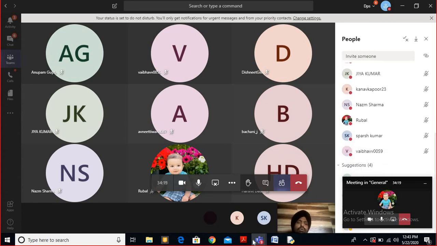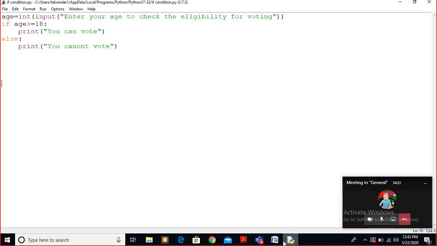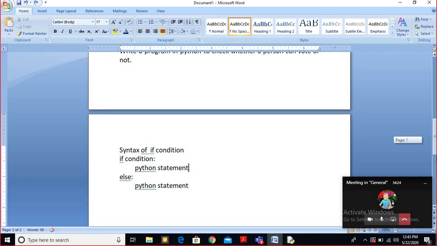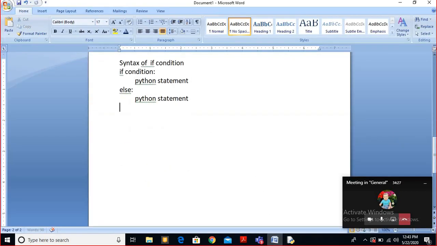Okay, so I'm giving you 2 assignment questions on the basis of this if else. Then you have to send it to me by tomorrow afternoon. Note that down. Write a program in Python to check the division of a student.